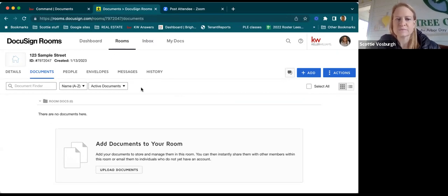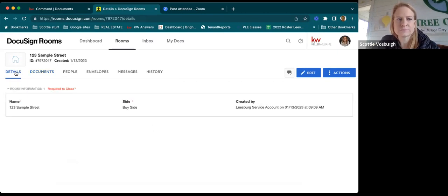Sometimes your stuff will auto-populate. Sometimes it's going to be empty. But I generally find that the easiest way to have everything, and what I mean by that is your documents. Sometimes you'll pop in and it'll auto-populate your required documentation. It did it for a while and then it didn't. So if you start a new document and you find things here automatically, it's gone back to auto-populating, which is nice. But the first thing you want to do, just get in the habit of going to details first